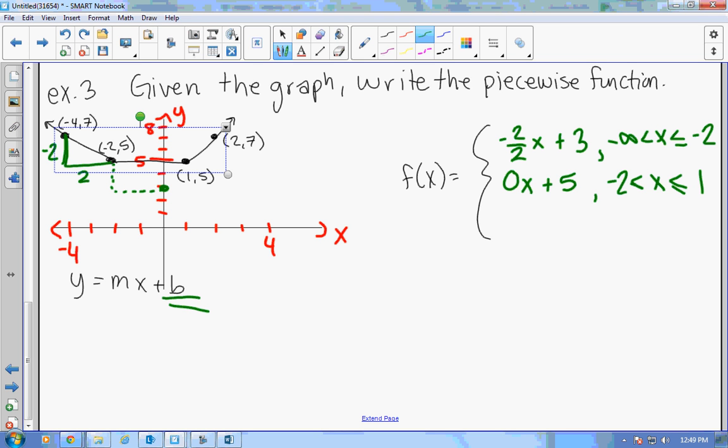Any questions so far? Okay, there's one last piece. This piece is increasing with a positive slope. But again, we don't know the y-intercept. So let's look at the slope. What's the slope? How many do we go up? We go up 2 and we go over 1. So our slope is 2 over 1x. If we continue that backwards, going down to left 1, our y-intercept would be